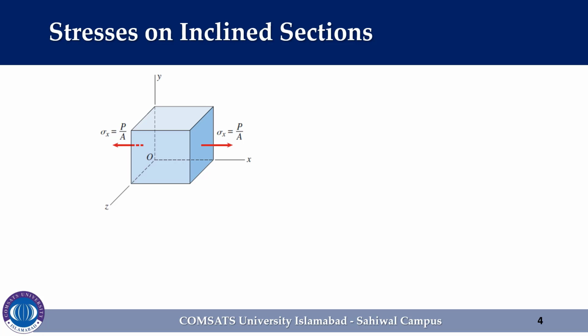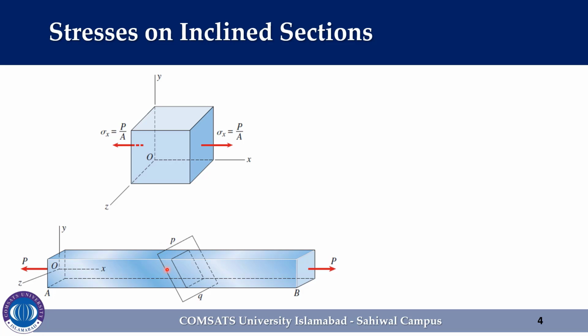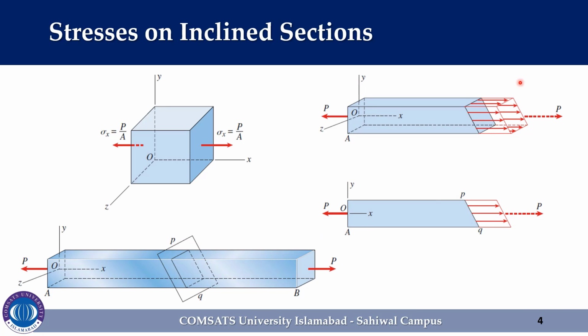However, the stress element drawn here only shows a limited view of the stresses in an axially loaded bar. To obtain a more complete picture, we need to investigate the stresses acting on inclined sections, such as the section cut by the inclined plane PQ, as you can see here in the figure. Because the stresses are the same throughout the entire bar, the stresses acting over the inclined section must be uniformly distributed. Here is the three-dimensional and two-dimensional view of the cut section. From the equilibrium of the free body diagram, we know that the resultant of the stresses must be a horizontal force that is represented with P.